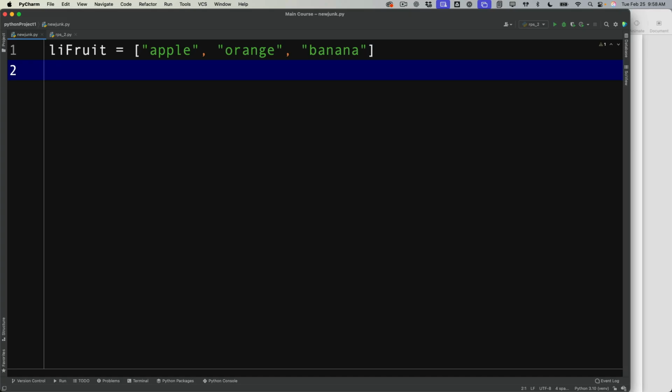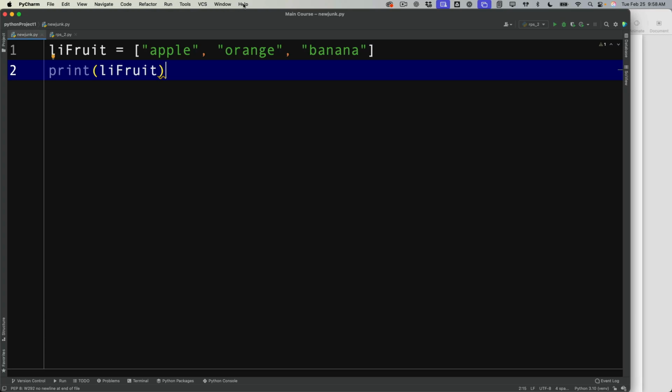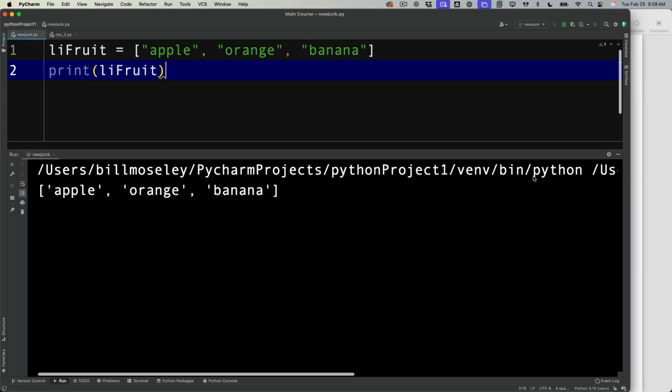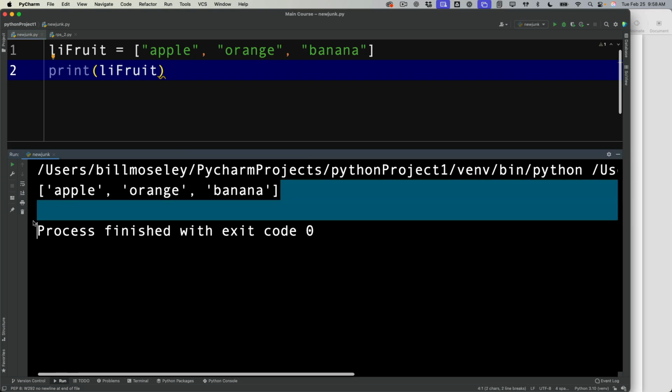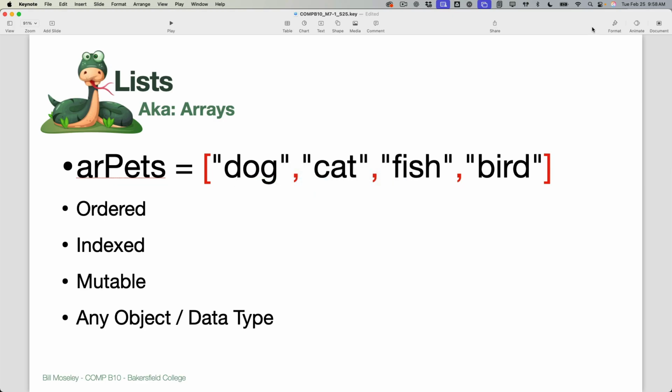And if I want to, I can print that list by printing the whole list variable like that. And so when I print that, it prints out the whole list. Okay, so that's a useful thing to know. You can print the whole list to see what's in there. So let's move on and talk about